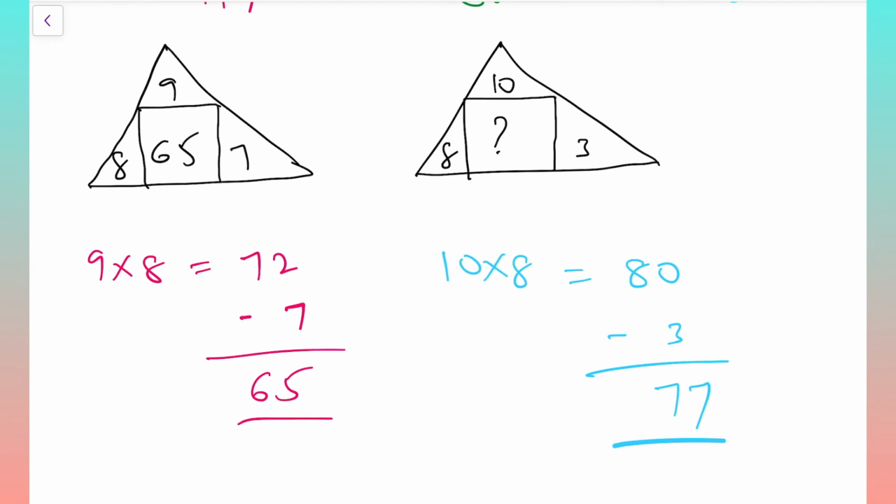So that's why in these kinds of questions one more logic will also be there, sometimes only, not every time. Let me check that also now. 8 sevens are 56, 56 plus 9, 65. Now if I apply the same logic here, 8 threes are 24, 24 plus 10, 34. So two answers are possible, one is 77, one is 34. According to the options, whichever one is satisfied, you need to keep that.